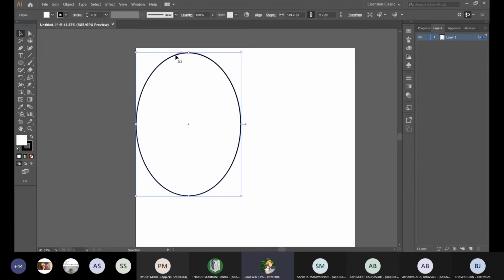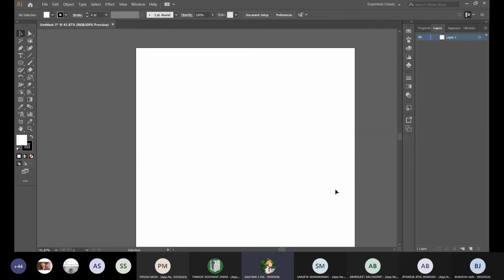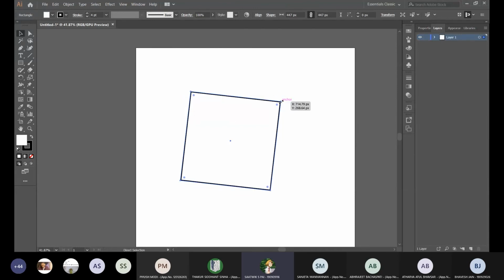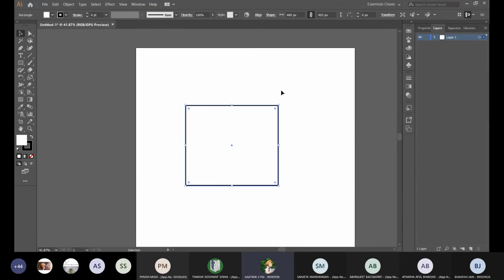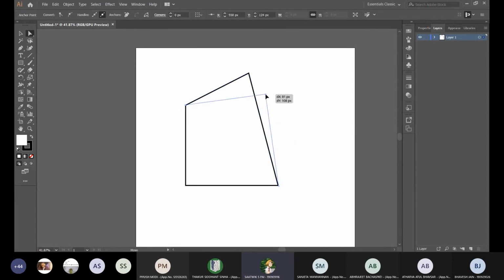What else can you do? I guess that is all with the general selection tool. What do you want to do if you want more intricate changes? Like if I want only this portion of the thing to change, I don't want the whole thing to elongate, but I want only this vertex. I want the position of this vertex to move. I use the direct selection tool. Then I can hit the vertex and move it like this. Move it anywhere I want.